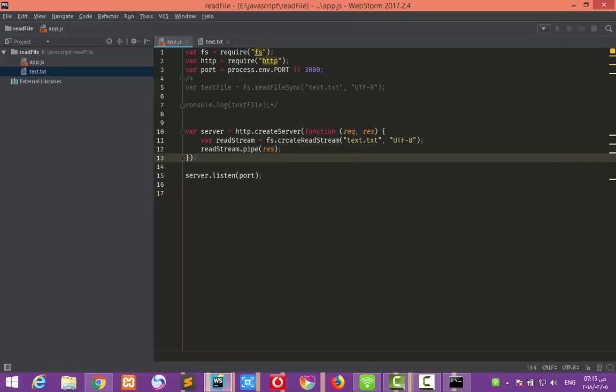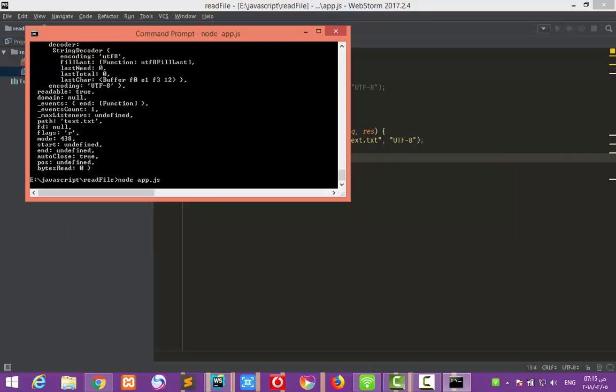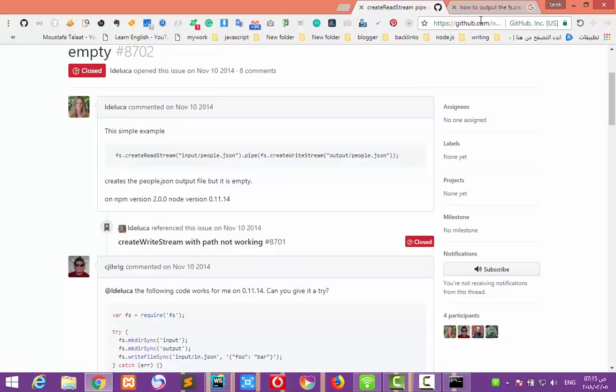Hopefully it works. So we will try it now with node.js